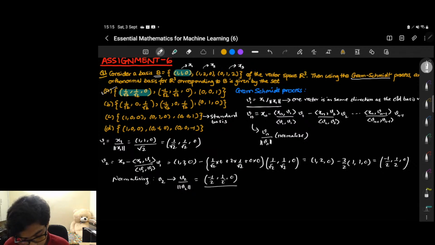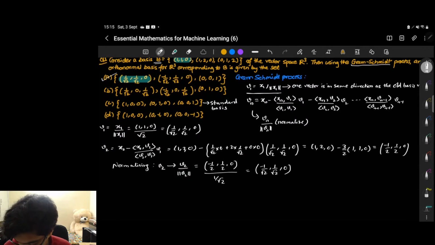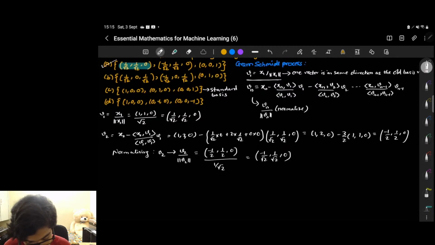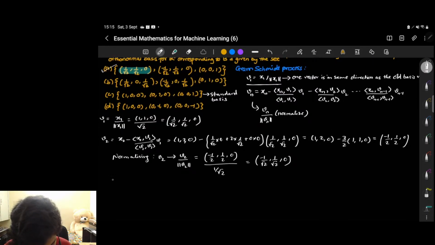The norm of this would be 1 over root 2, because 1 by 4 plus 1 by 4 is half, and the square root of half is 1 over root 2. So this gives me the following. So that's my V2. And then for V3, we can find X3 minus the component of X3 along V1